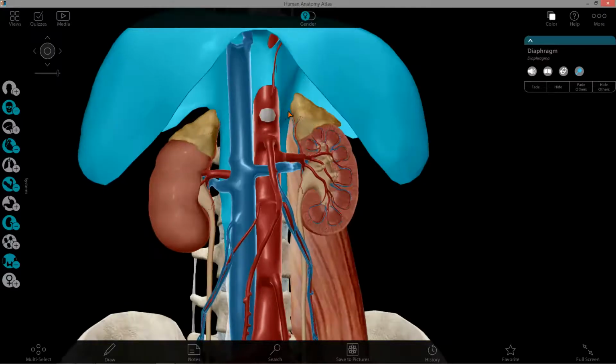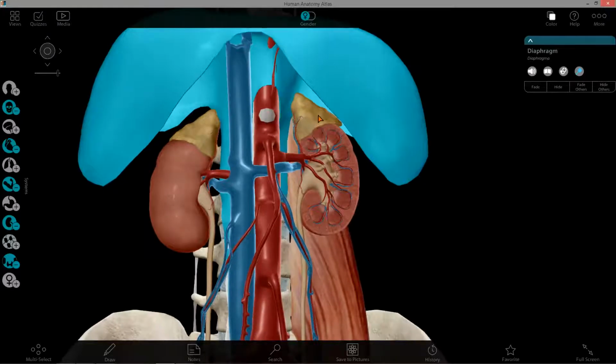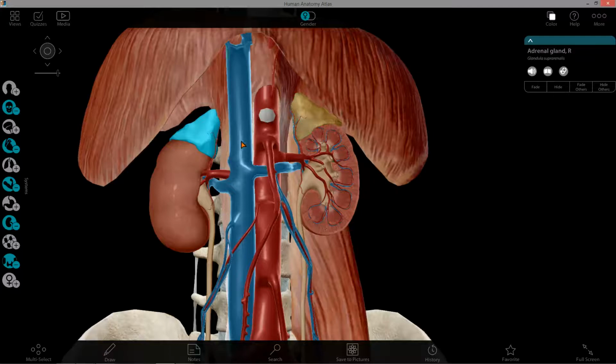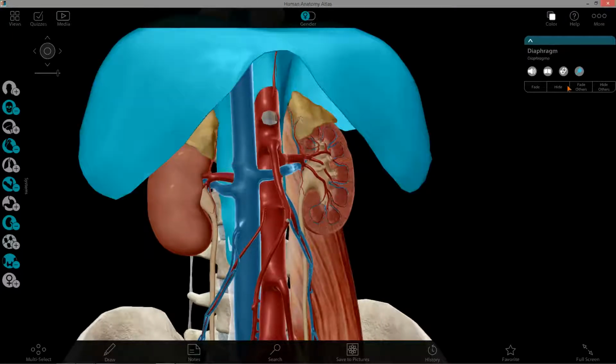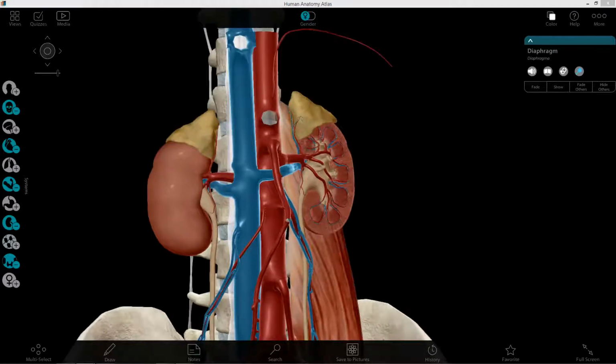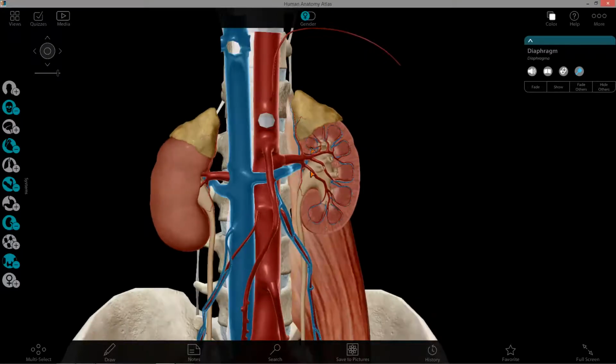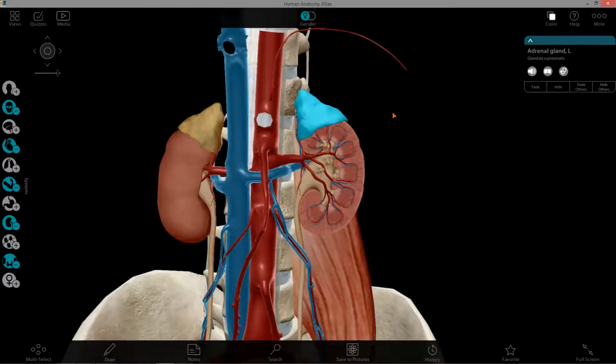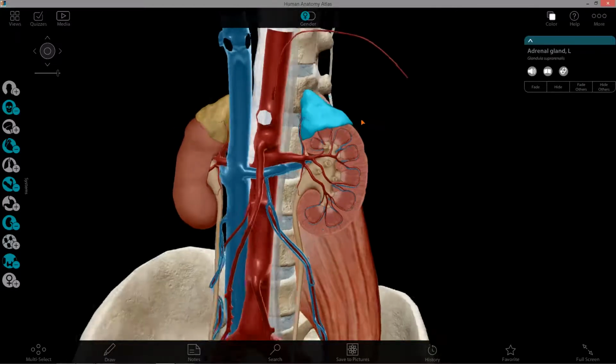You can see the close anatomical relation between that and the adrenal gland on both sides of the body. And so those things would be attached in the cadaver via the renal fascia and the perirenal fat. So if we start on the left adrenal gland, in the cadaveric dissection it'll likely be more crescent shaped, and